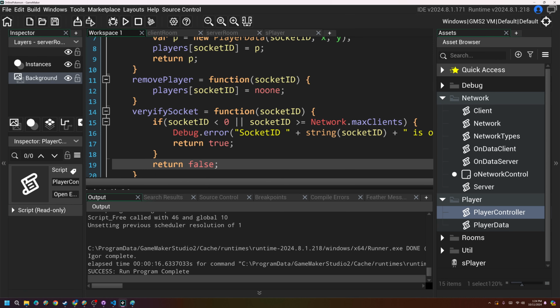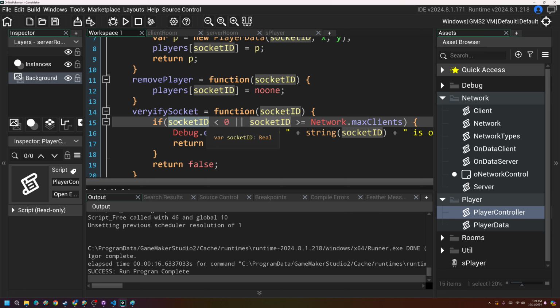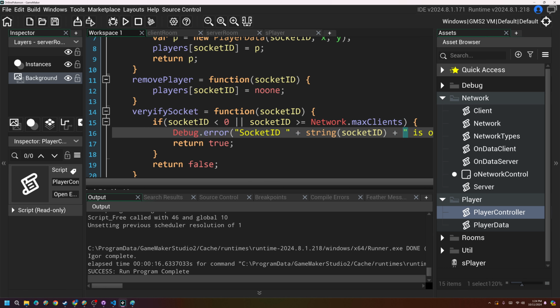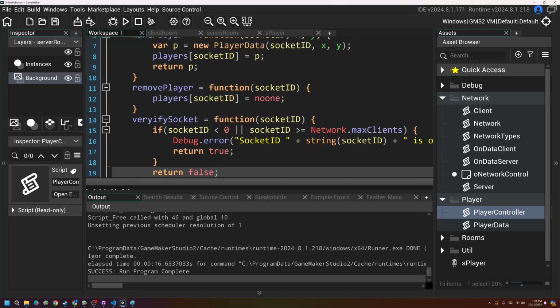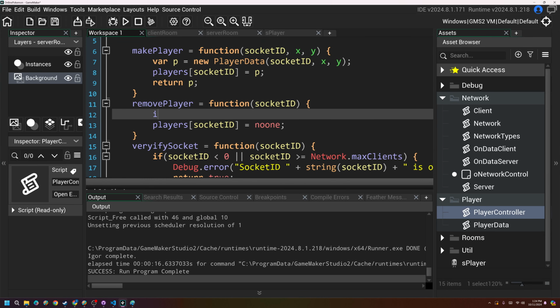So what this is doing is it's checking if that socket ID is either below 0 or above the allotted size. And if it is outside of that range, it's going to log an error message and return true. Otherwise it'll return false. I know it sounds like it should be returning false here and then returning true here, but the reason I'm doing this is just so I can say in the remove player, if verify socket ID,